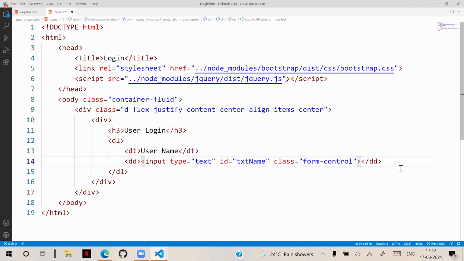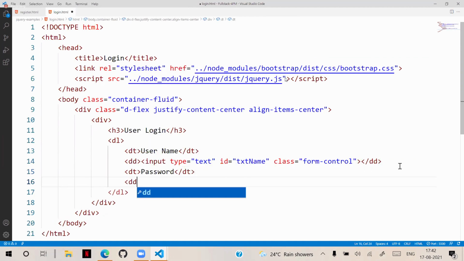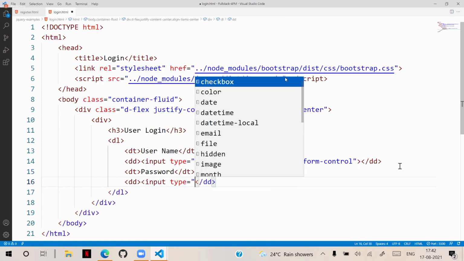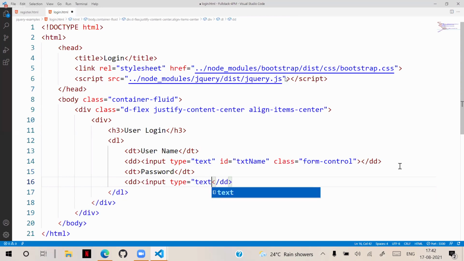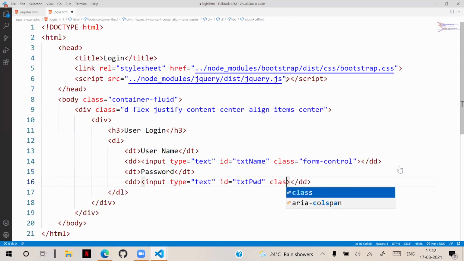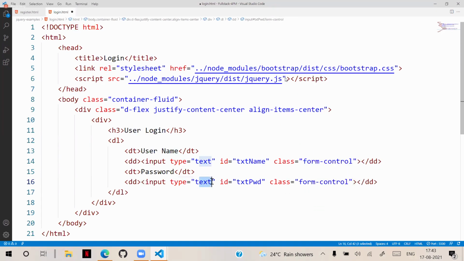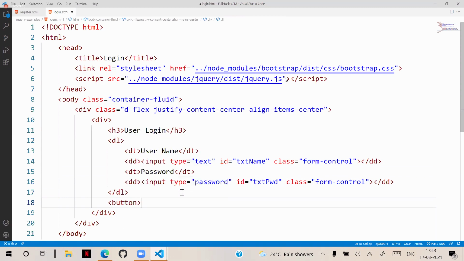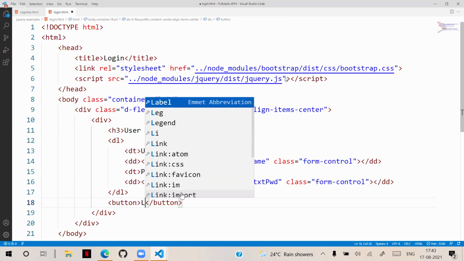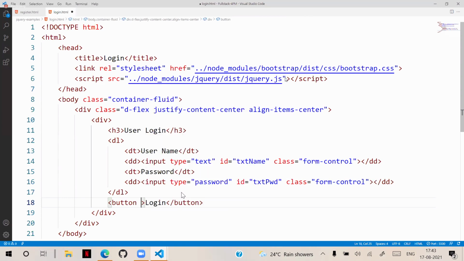Okay. And another data term, password, and the data definition. So input type equal to text and the ID equal to txtpwd, and the class is form-control. Let's keep the input type as password. Okay. And below that, we will keep a button, Login. And here we have an ID as btnlogin.